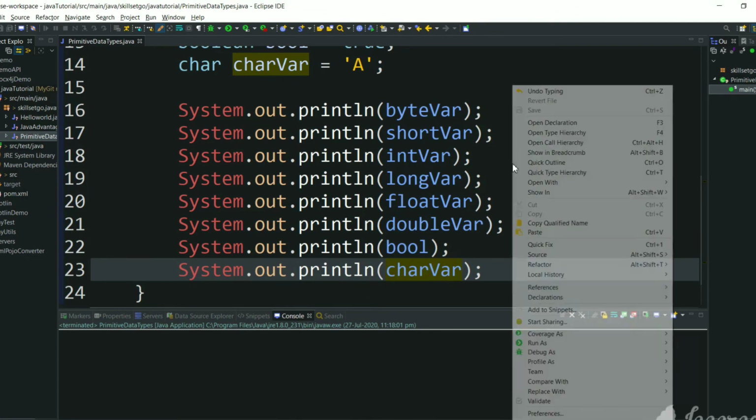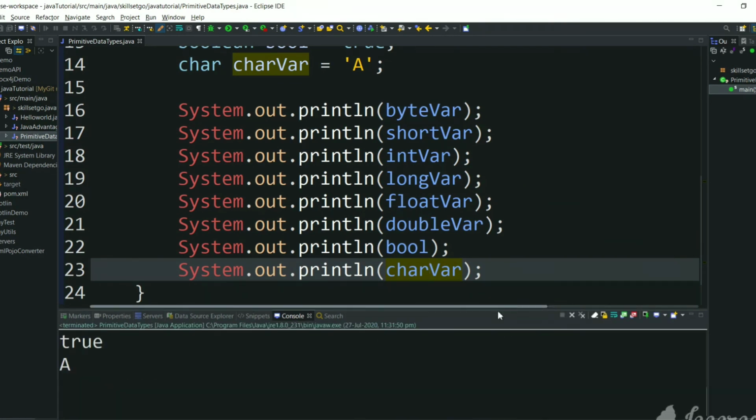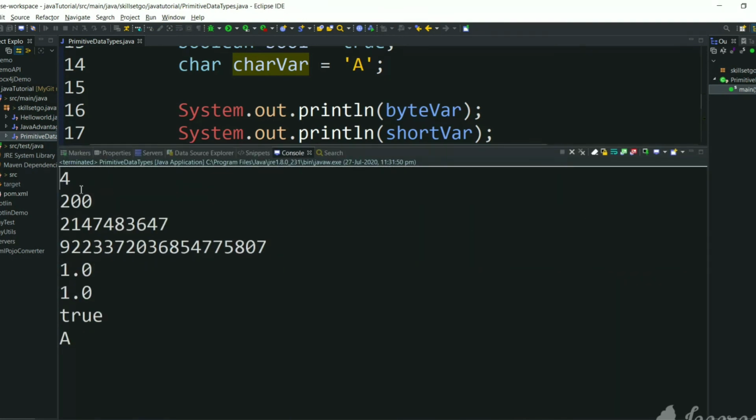Let's execute this program and see the values we have assigned. We have assigned 4 to byte, 200 to short, and values for integer, long, float, double, boolean and character.